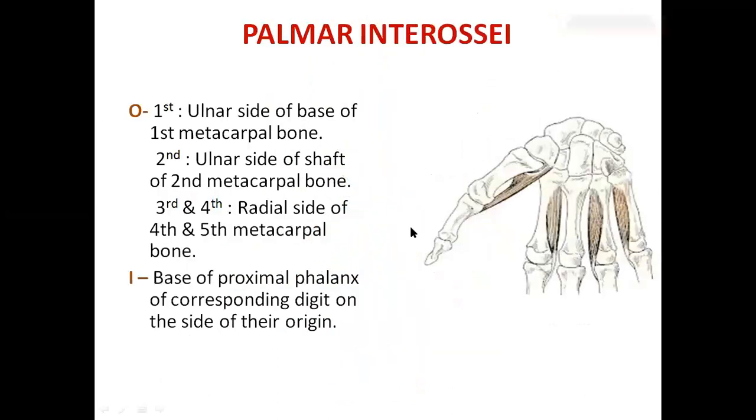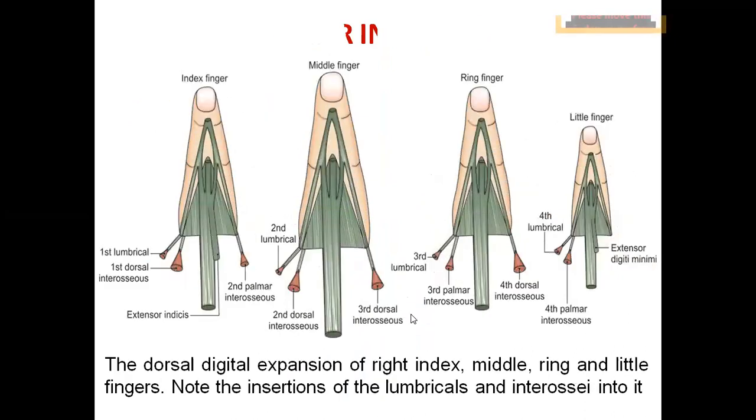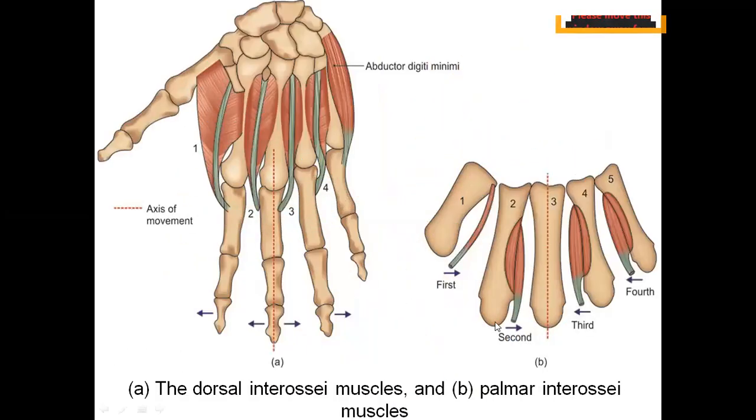Okay, then. Now, after talking about the lumbricals, let us discuss the palmar and dorsal interosseous. Okay, see these are the metacarpal bones. Let's number them. Thumb is the first metacarpal, then second, third, fourth, and fifth metacarpals. Now in between them you are finding certain earthworm-like muscles, like lumbricals, and all these muscles look like worms. Okay, so between the bones, if they are seen from the palmar aspect, you call them palmar interosseous.